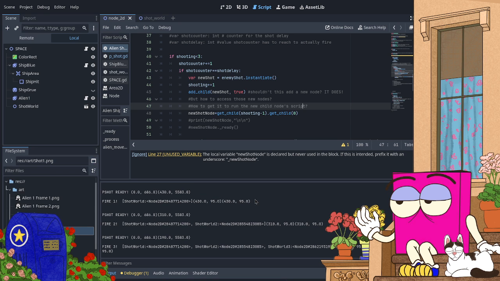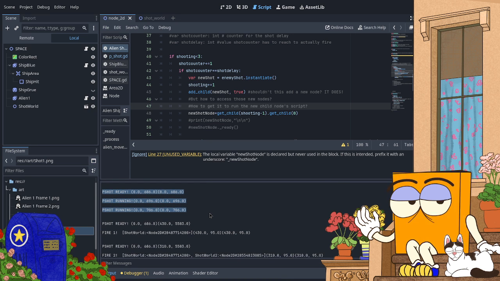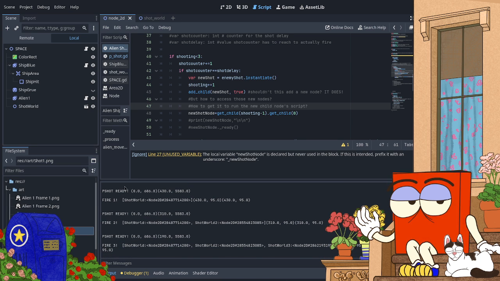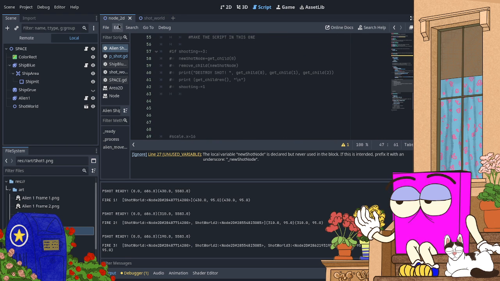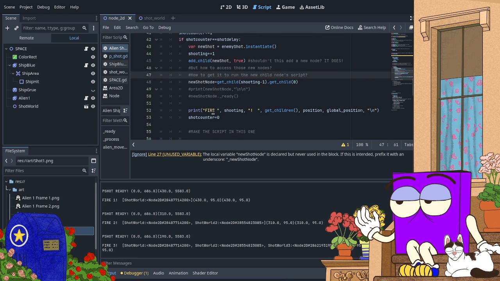Again, the problem is these don't really matter. These things before. Not worried about them. It's this one. P-Shot ready apparently appears before the fire message, but that makes sense, because I create the new node before I print the fire X message.